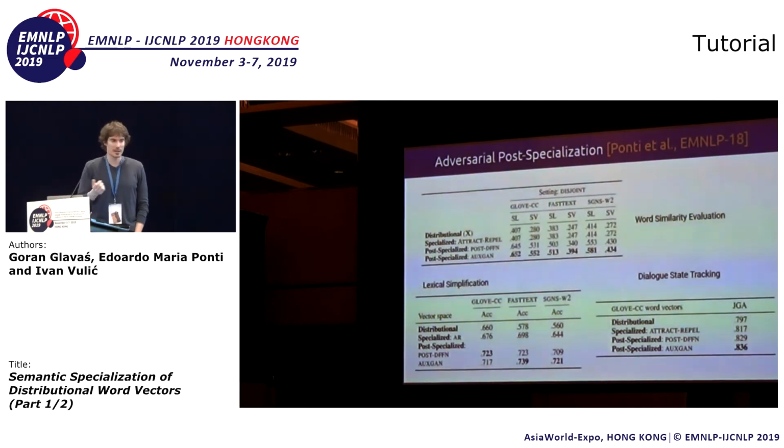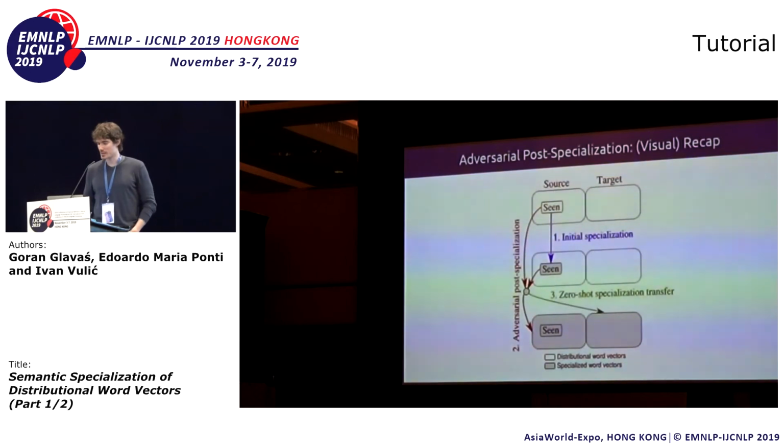So some of the results on dialogue state tracking were with the model that was state-of-the-art back in the day. Now we have more powerful models, so the numbers with all vectors actually go up, but that's irrelevant for this type of analysis. So basically, to recap the whole thing,